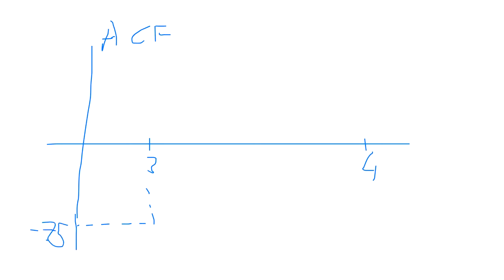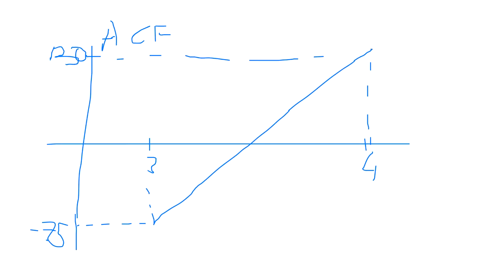And at 4 years, it is going to be 130. Okay, and we are going to apply a linear interpolation between 3 and 4 years here, and as a result,